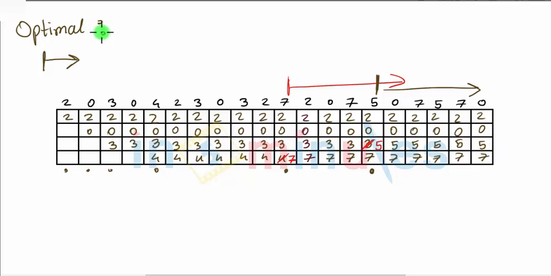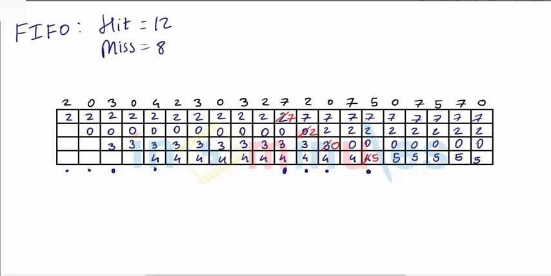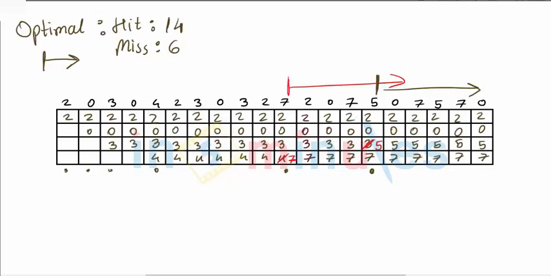So in optimum, hit versus miss, we have hits of 1, 2, 3, 4, 5, 6, 7, 8, 9, 10, 11, 12, 13, 14, and what is miss is 6. So yes, there is a difference coming out to be. So with 4, this is what we are doing, P4. So that's it guys, this is what we have as the answer.